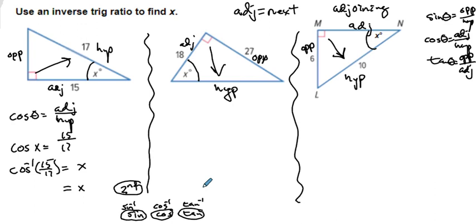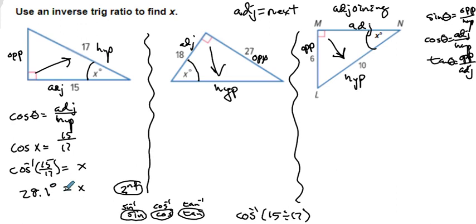So I'm going to hit second, and then the cosine button. On the calculator it says cosine -1, and it gives me the opening parenthesis. Then you just put in 15 divided by 17, because remember, fractions are division problems. Then you hit your enter or equal button, whatever you have. And so the answer I get is